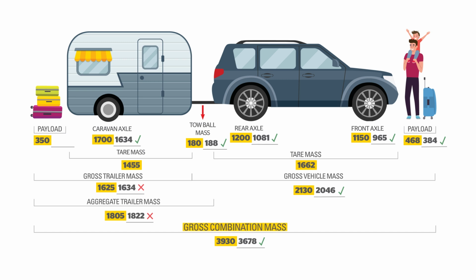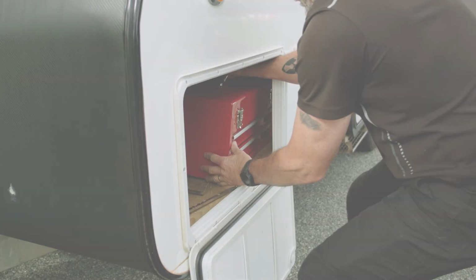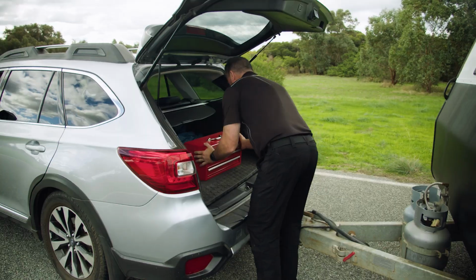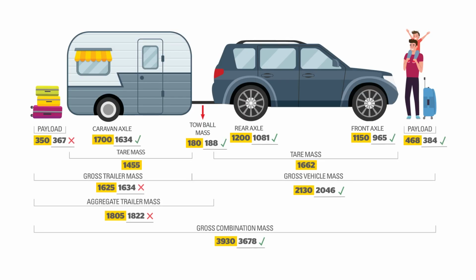combination mass limitation, but we're over with the ATM. To rectify this problem, we just need to move some of the weight from the caravan to the vehicle. We're 17 kilograms over with our ATM, but by removing a 20 kilogram toolbox from the front of the caravan and placing it into the back of the vehicle, we can now fix that problem. We're still within the safe range on the axle load of the vehicle, and we've reduced the weight in the